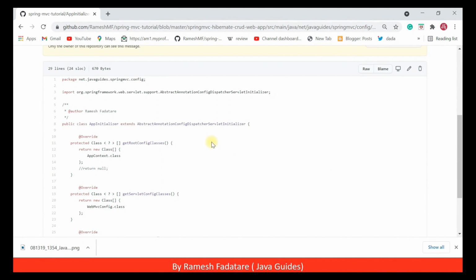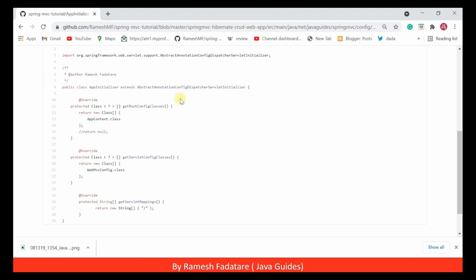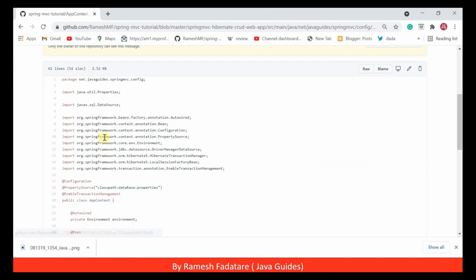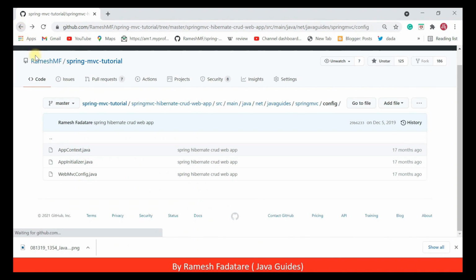There are different approaches to configure the dispatcher servlet. Either we can configure it in web.xml, that is the deployment descriptor, or we can configure the dispatcher servlet using Java based configuration. Just understand, without Spring Boot we need to configure these beans for a Spring MVC project. This is the typical configuration. You can develop any kind of Spring MVC application,